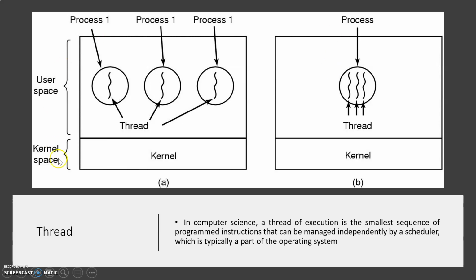Now, if you examine a process, here you can see that a process has more than one thread. Here, every process has one thread, but here a process has more than one thread. So a thread is actually an independent unit of execution. It is the smallest unit of execution, and various threads combine together to form a process. That is actually the difference between a process and a thread.